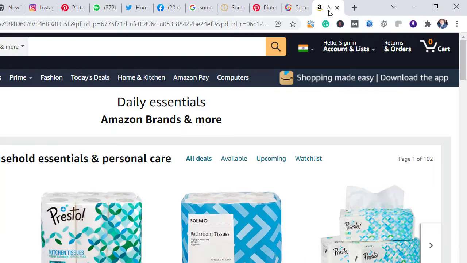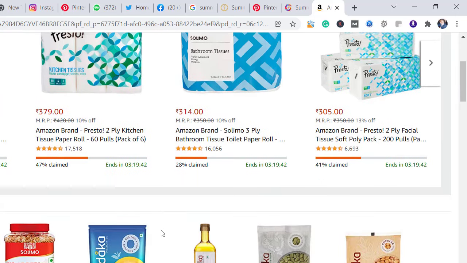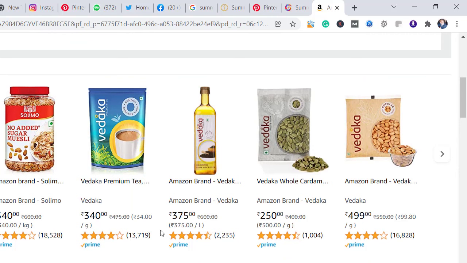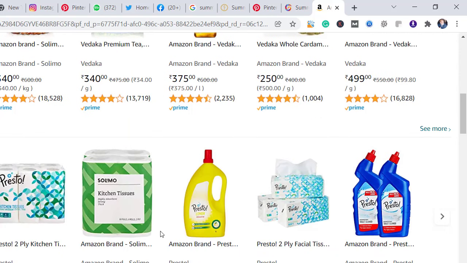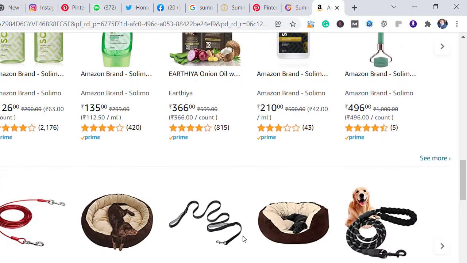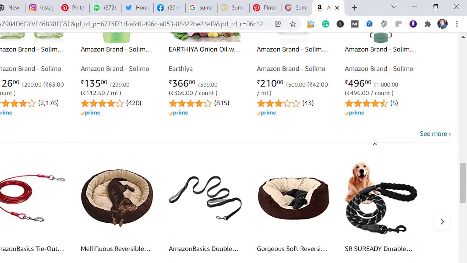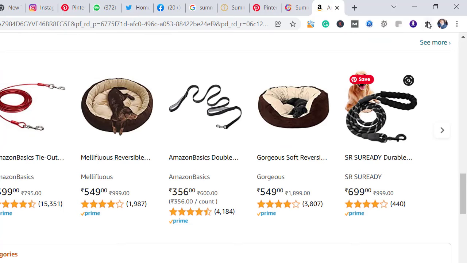And especially Amazon, those people who work on different types of products on Amazon, and they have to make different types of presentations for e-commerce or for product hunting, and make banners, logos. You can easily download from this site with the help of this extension.